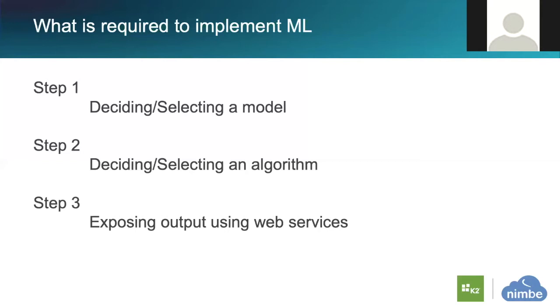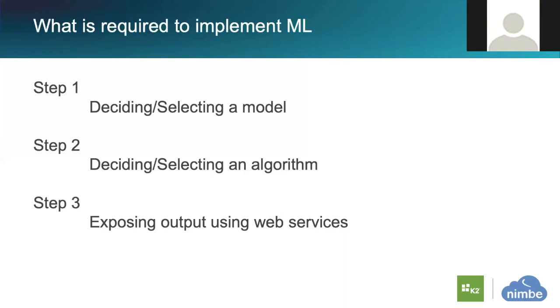For obviously demos and simple use cases, yes, you can just have one, like a binary classification or a sentiment analysis. But in real world examples, you would want to use more than one of these algorithms and combine them together to achieve a representative or a good output. And in case of K2, what we're talking about here, once you have done these implementations, you want to wrap that into some sort of a web service so that you can call it from your workflow. And then the output of that you will consume within the workflow. So that's how you would do that integration.